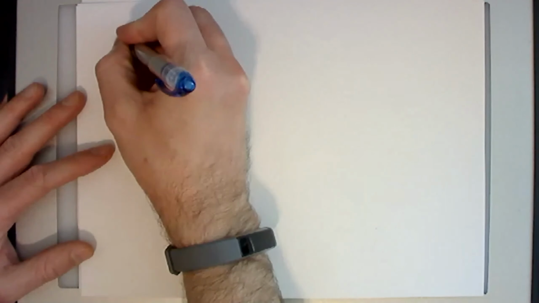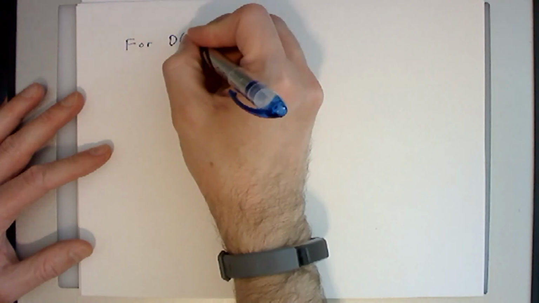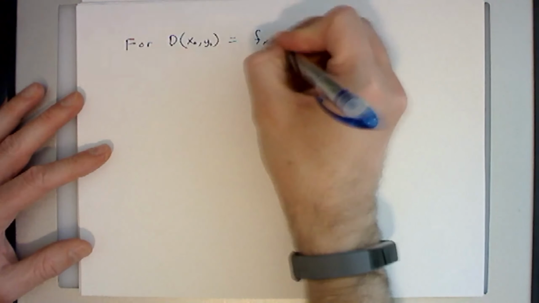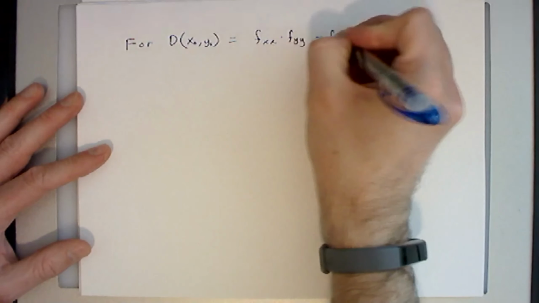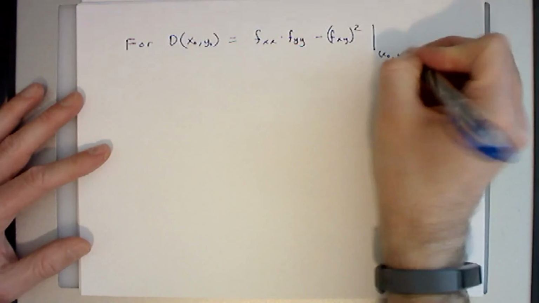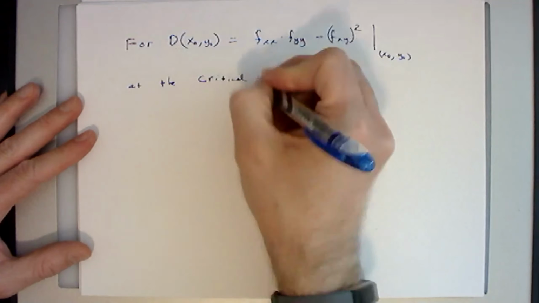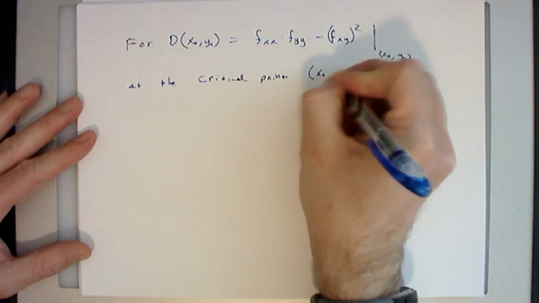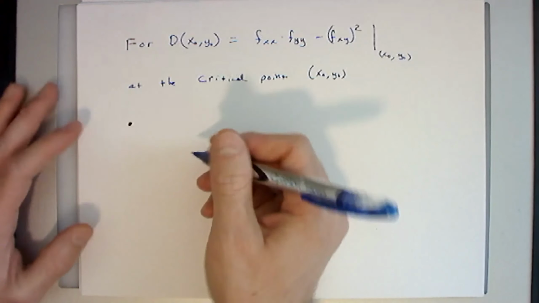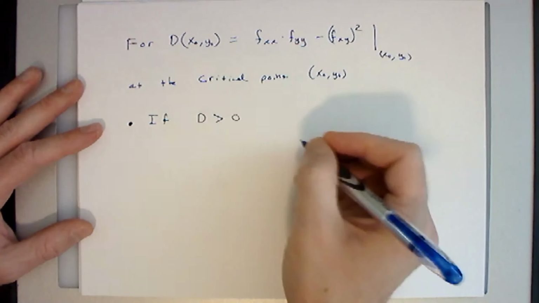So here's what we have. For D evaluated at the critical point, x naught, y naught, which is just fxx times fyy minus fxy squared, evaluated at whatever the critical point is. So let's specify at the critical point x naught, y naught. 3 possibilities. First possibility is actually the most complicated one. If D is greater than 0,